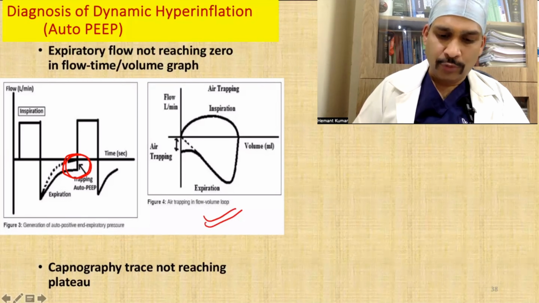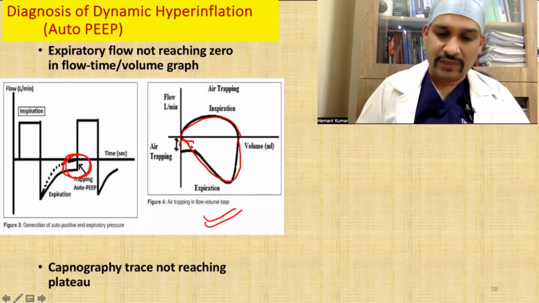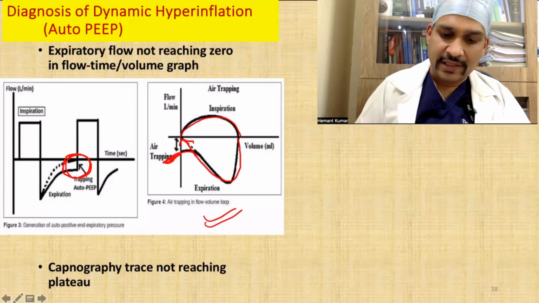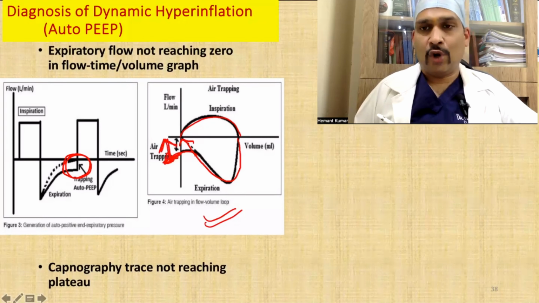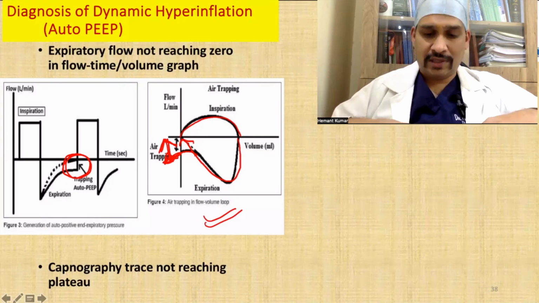In the flow volume loop, this is the inspiratory phase, and during expiration, it is not going to baseline. So it is ending here. So this much air is auto-PEEP. Auto-PEEP is the air remaining inside the alveoli at the end of expiration. That is called